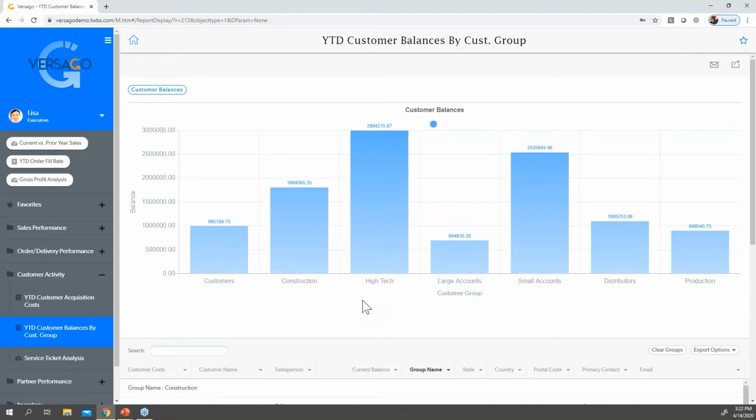So being able to identify where your risks are by customer balance is certainly going to help the executive look at where their risks lie, and work with the accounts receivable department, the sales department, and everybody in order to make sure that collections are still coming in, and then enabling things like a customer portal and turning on credit card payment.